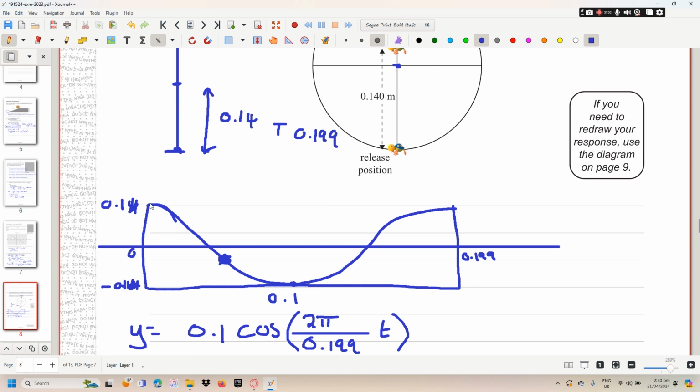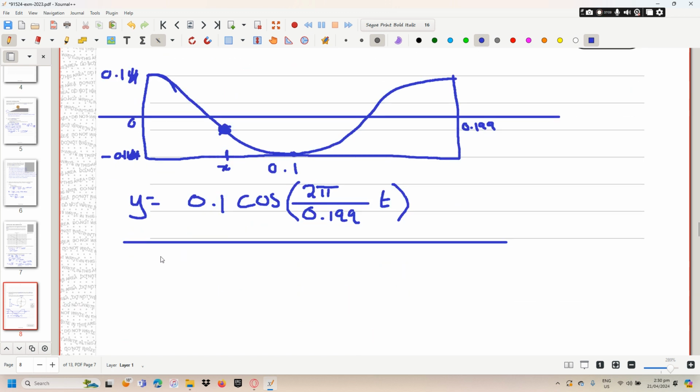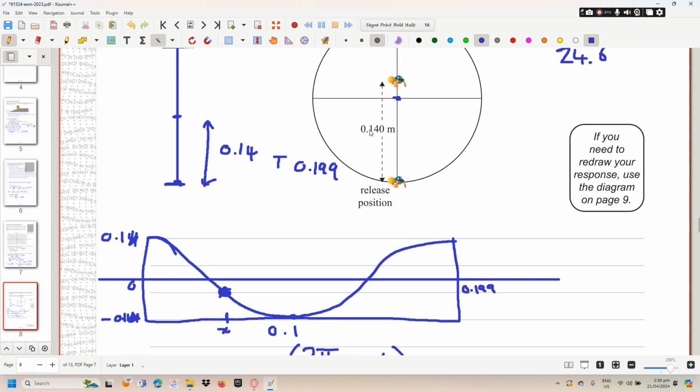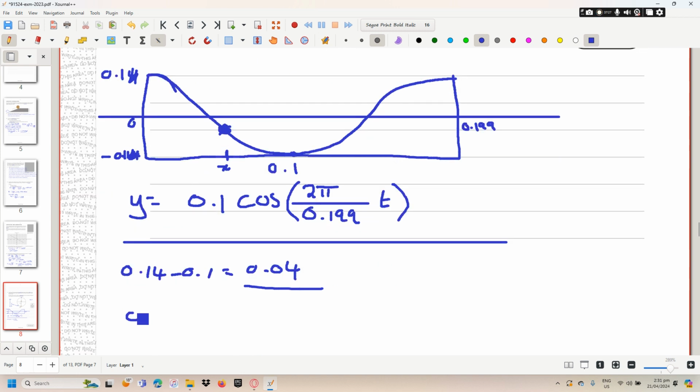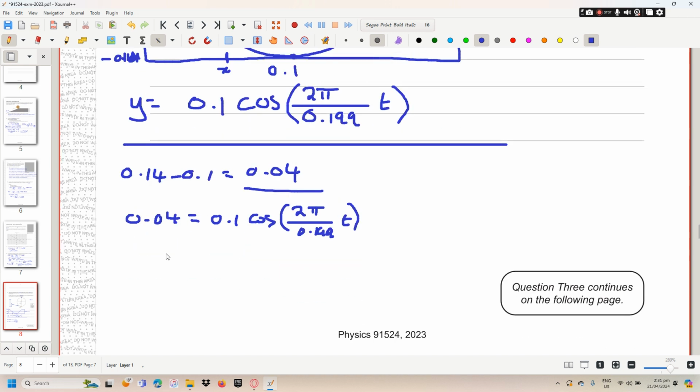So we need to work out the time it takes to get to here. This is at some time x. And so what do we know? We know that displacement is 0.14 minus 0.1, which equals 0.04. That is the distance we are away from equilibrium. So 0.04 equals 0.1 cosine 2 pi 0.19t, which means that